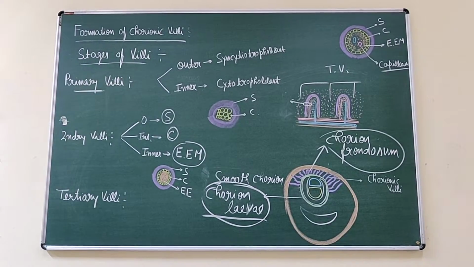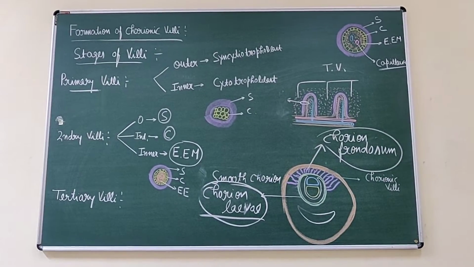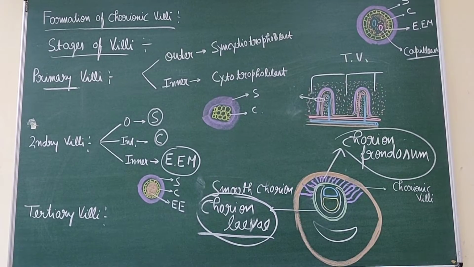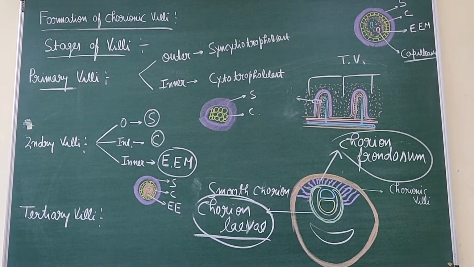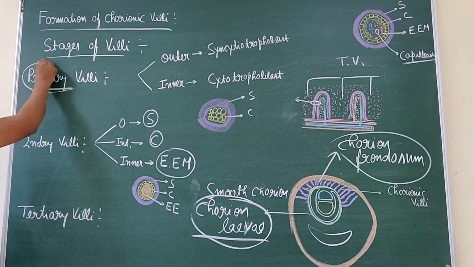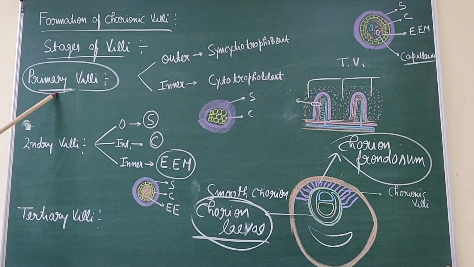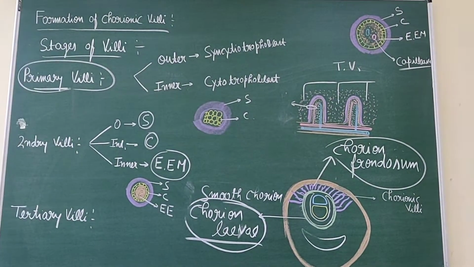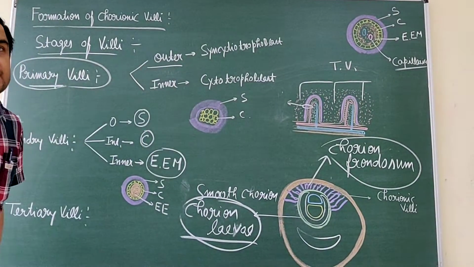Stages of the chorionic villi. These villi in their development pass through three stages. The first is the primary villi. This primary villi has two layers, two coatings. The outer coating is formed by the